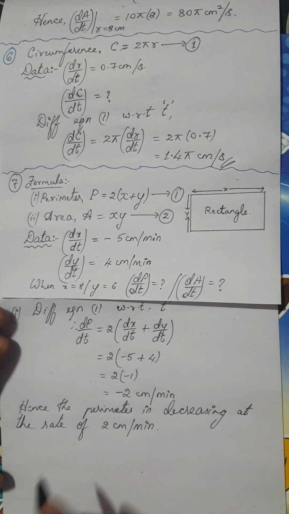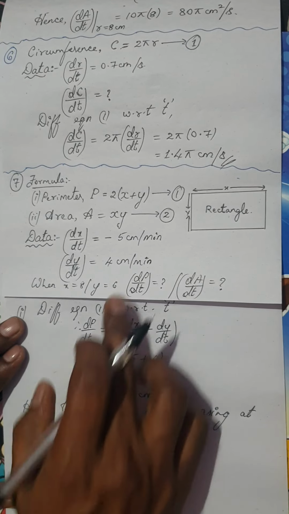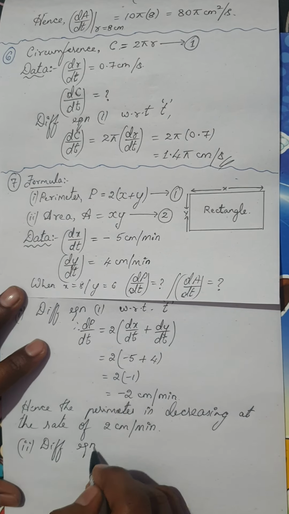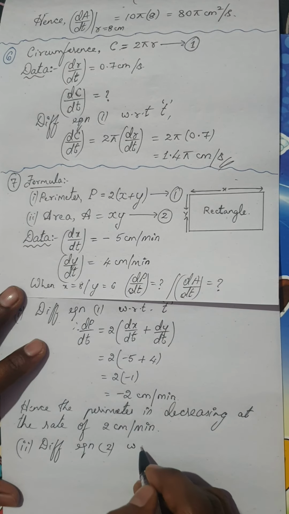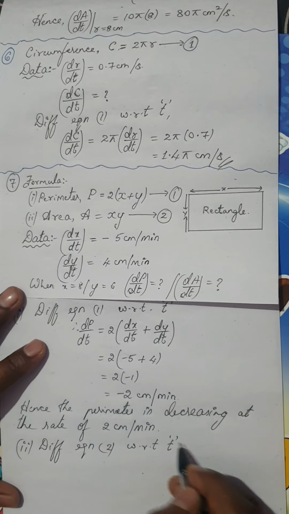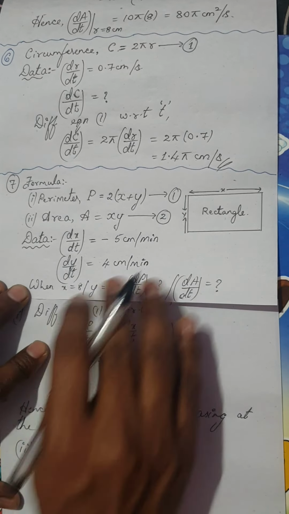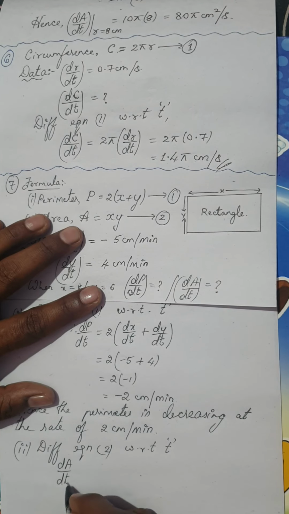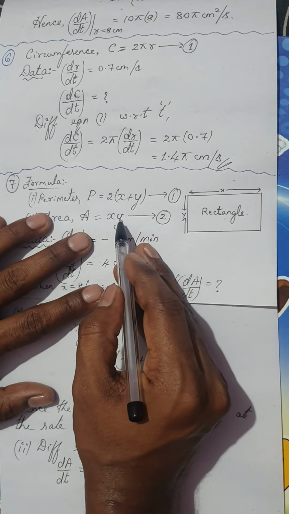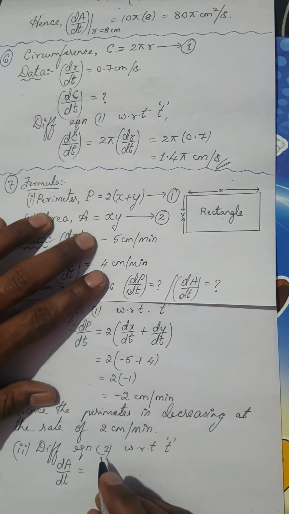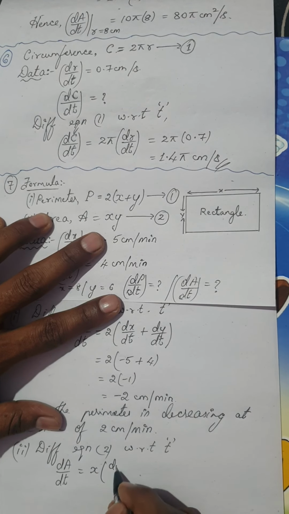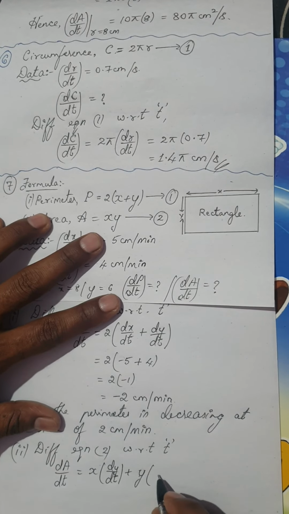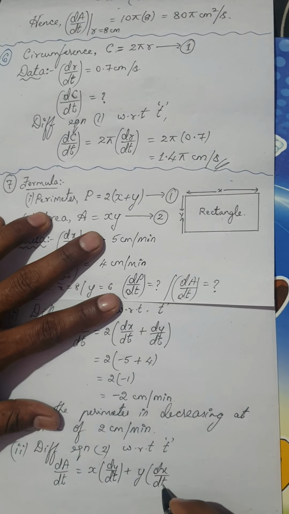Is it clear? Now we are going to the second part of the question, that is the rate of change of area. Now I am going to differentiate equation 2 with respect to t again, and see what happens. Again here the left hand side is dA by dt. So this is nothing but I have x into y, a product of two functions. Let me use the product rule here. Keep x as it is, derivative of y would be dy by dt, plus y as it is, derivative of x is dx by dt.